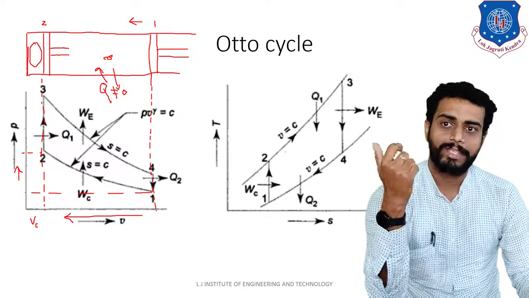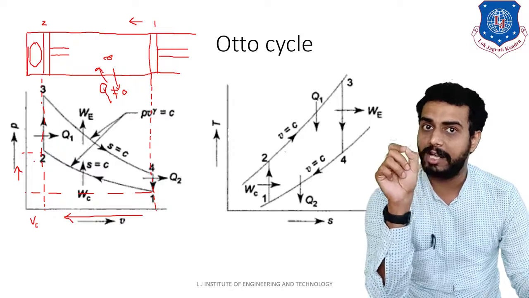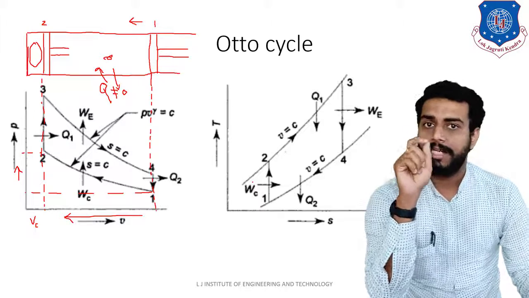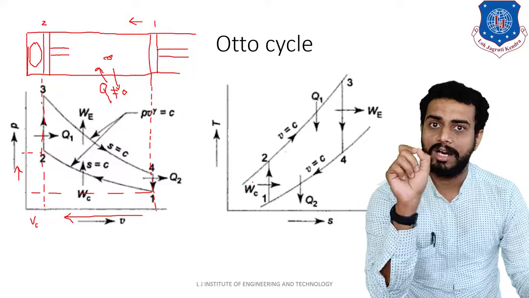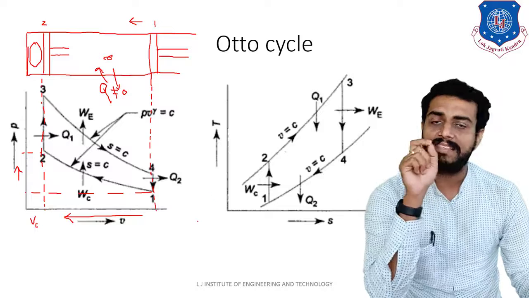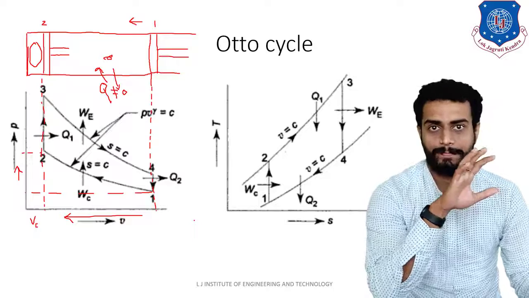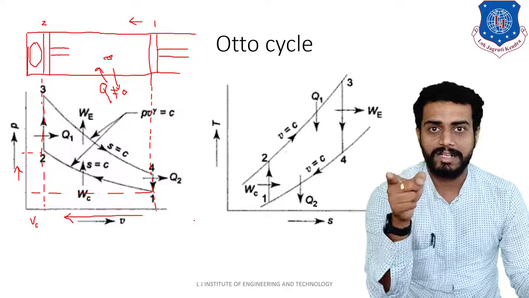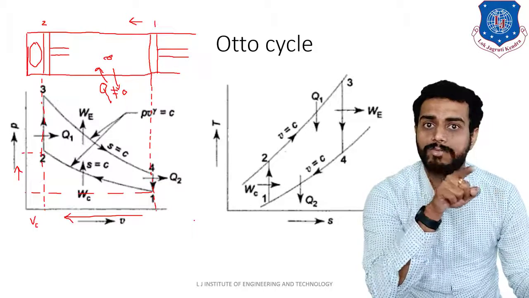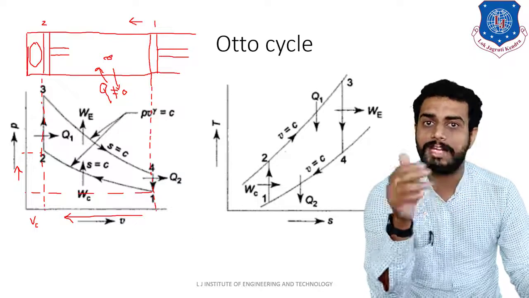Before observing that, one thing to note, students: this 1 to 2 process is a reversible adiabatic compression process. Let us observe that on the TS diagram also. Remember, students, the other name for a reversible adiabatic process is an isentropic process. Isentropic means entropy will remain constant. I am repeating again, a reversible adiabatic process is also called an isentropic process. Isentropic means entropy will remain constant, and entropy means the order of randomness, right?